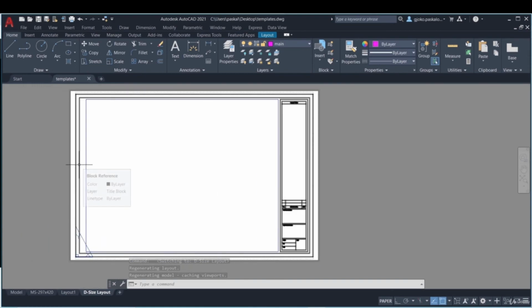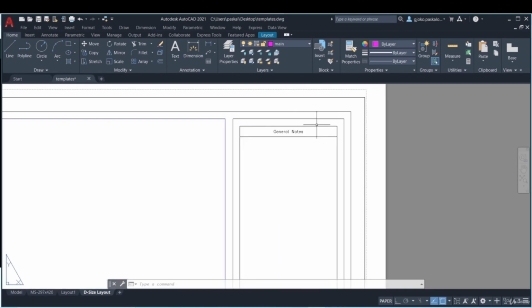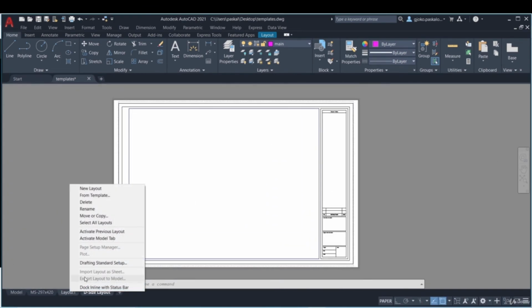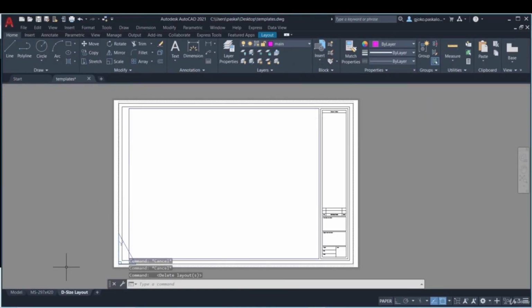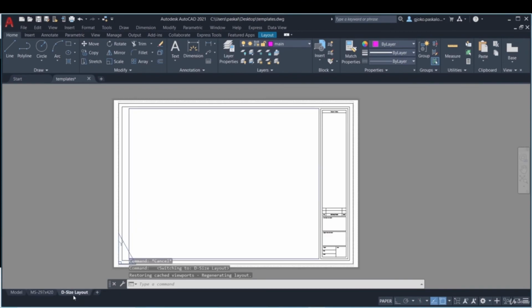As you can see, we have a different paper size, we have a title block, and already the layout is predefined and ready to use. I'm going to delete the additional layer,